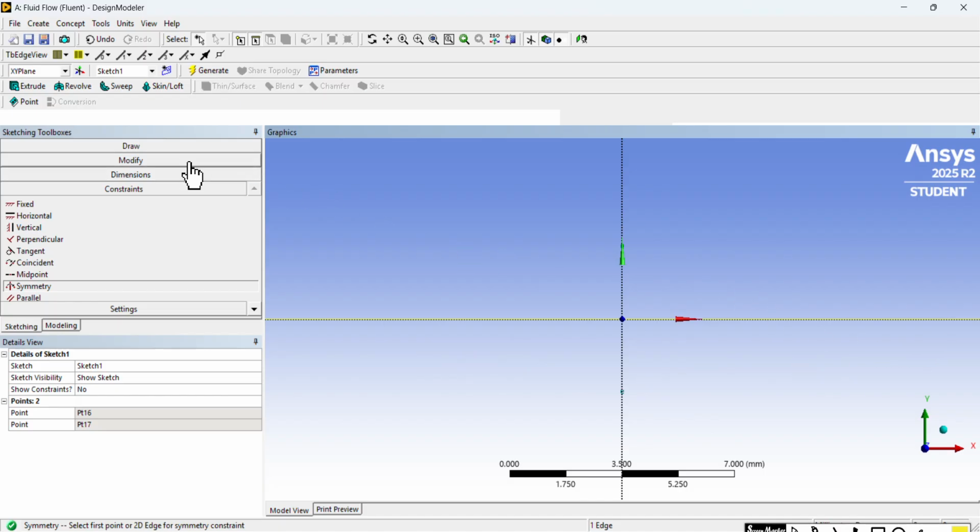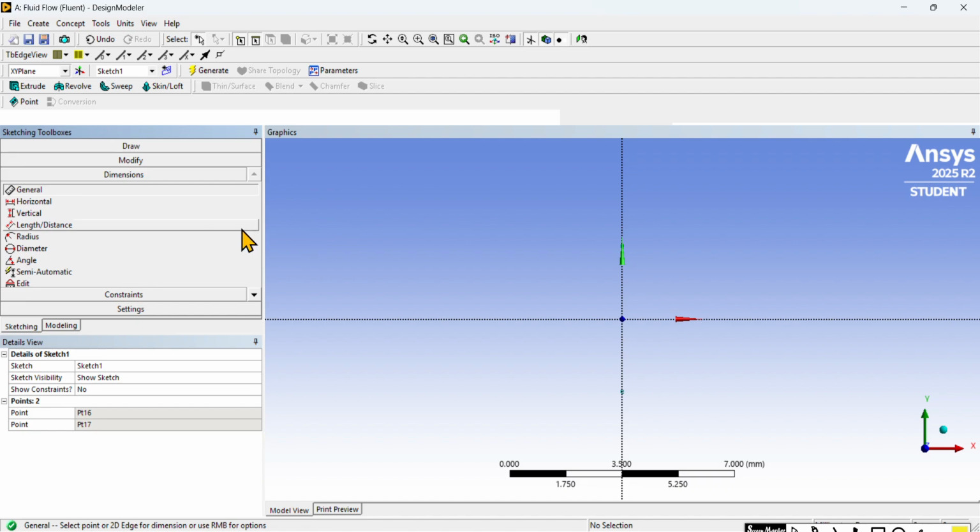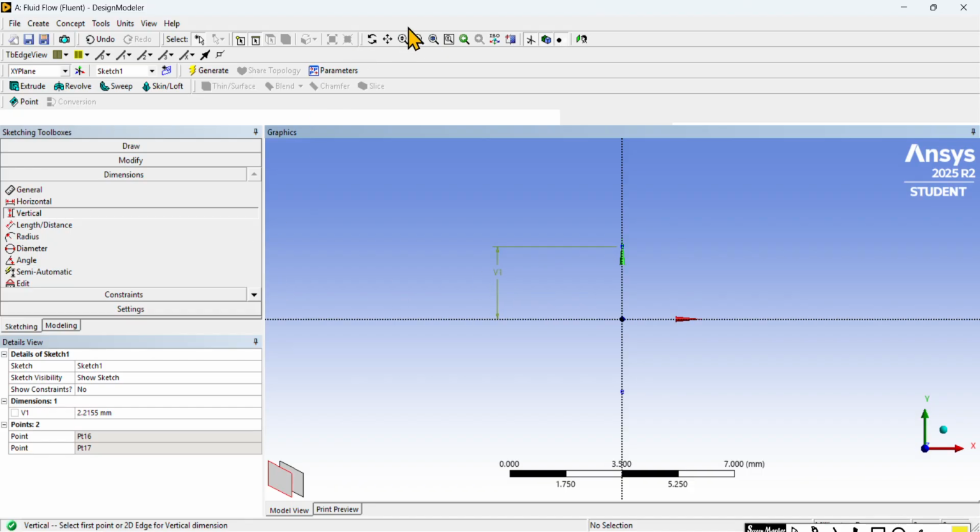Then I will go to dimension. Then I will select vertical. Now it is asking for the dimension for my point. So I will select my x-axis. Then I will select my above point. Now I will drag my dimension in the left direction. Now you can see the V1 dimension, whatever I just selected, it is showing